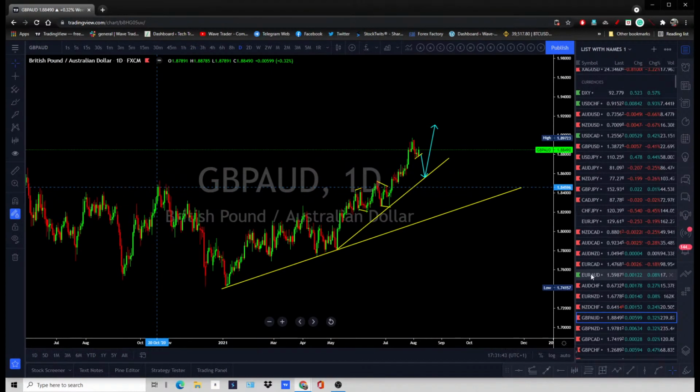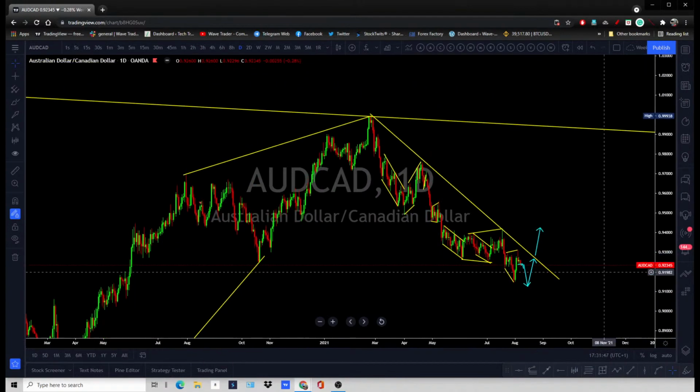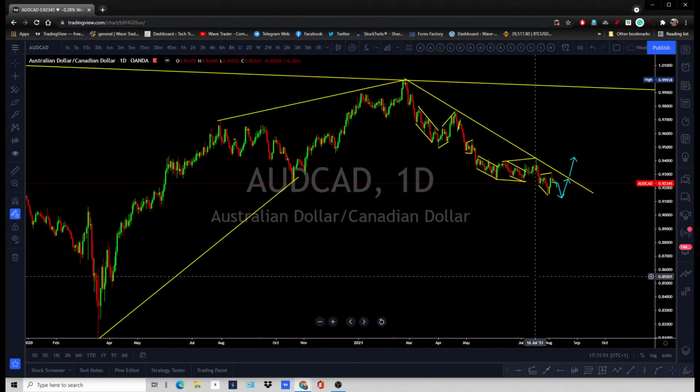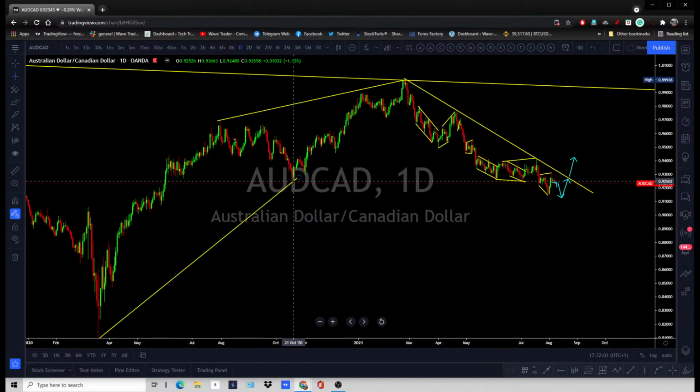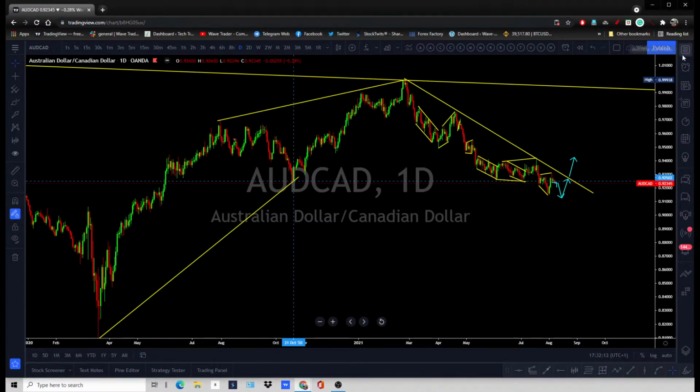We can see that the Australian dollar got more weakness compared to the others. But the weakness in the Australian dollar is telling us that everything is not right within this recovery. The Australian dollar is a risk-on currency. So everything in the world right now is not right. Price just broke below that area, this 20 October low. There are many other pairs which have already broken that October low.